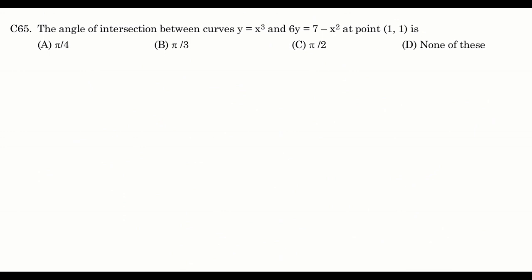Now this is a very simple one. You just find at the point 1 comma 1 the slope of the tangent to this, let's say m1 and m2 you call, and apply tan theta equal to m1 minus m2 by 1 plus m1 m2 to get the angle. Actually once you observe that m1 m2 is equal to minus 1, you can say that the answer is nothing but pi by 2.